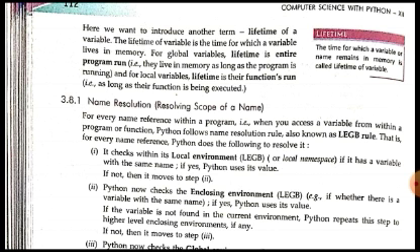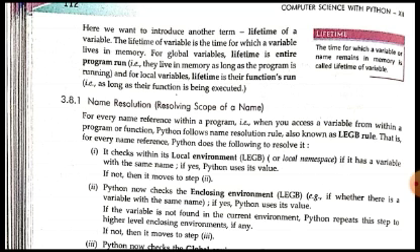One variable may have global scope, and another variable with the same name may have local scope. It is possible that we use a single variable name but have different variables with different scopes in the same program. In that case, the interpreter has to use name resolution to decide whether it is a variable of local scope or of global scope. So the interpreter uses a name resolution mechanism for resolving the scope of the variable.